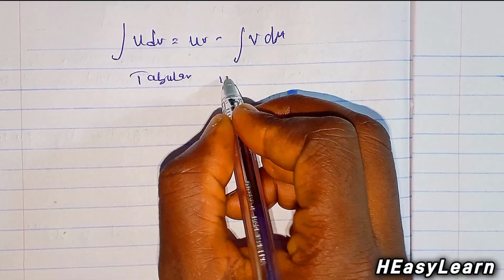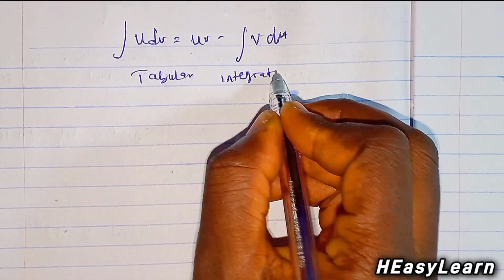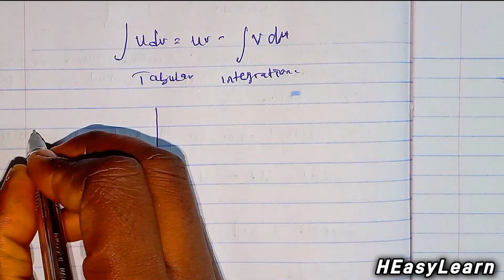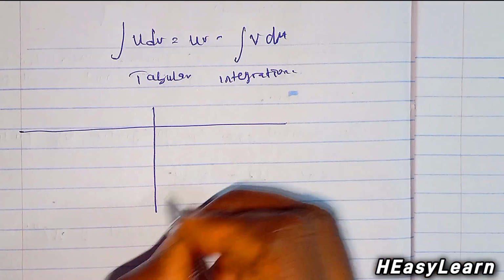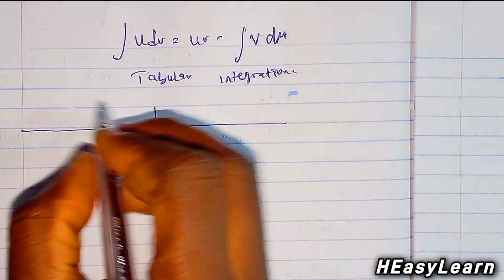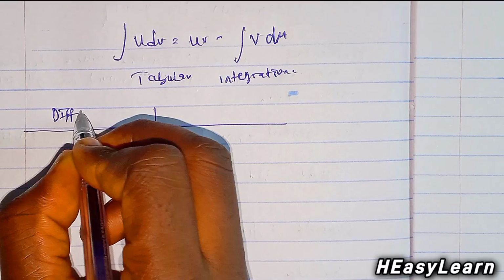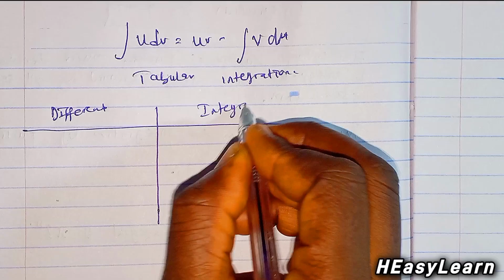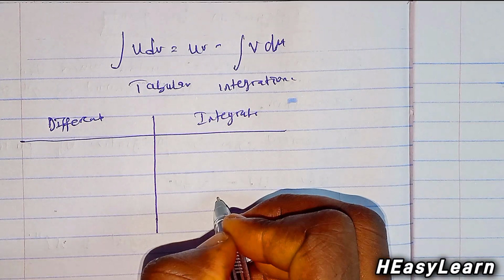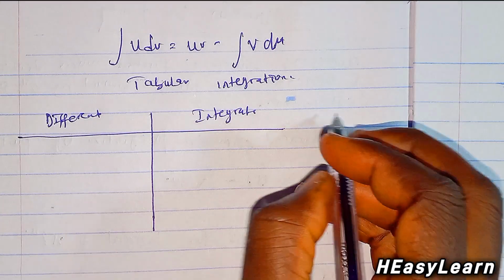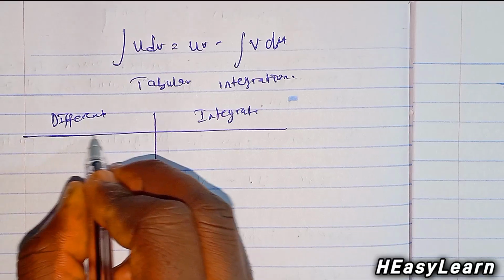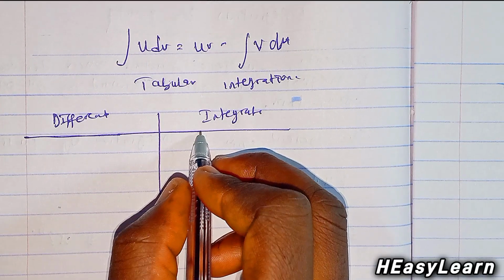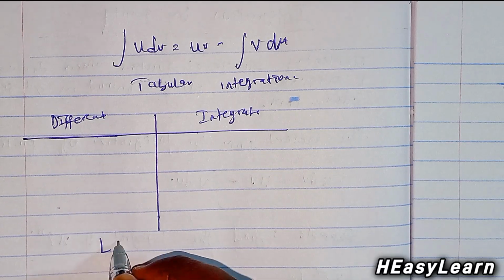In this case, there is a way we do the integration that is very short for finding the integral of any product of elementary functions. We differentiate the function that will be in one column and integrate the function that will be in the other column. So how do we find which function to differentiate and which to integrate? We are going to use a trick called